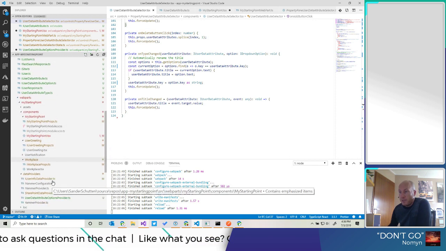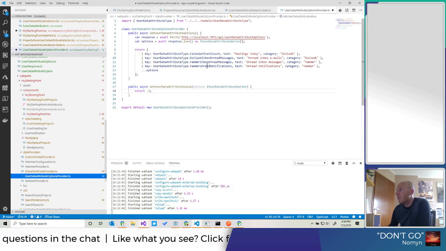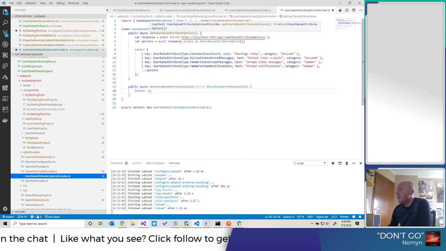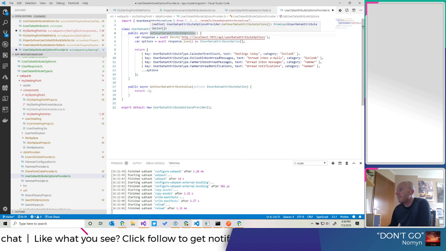Let's look the other way around. So here the provider is called and returns the attribute option.